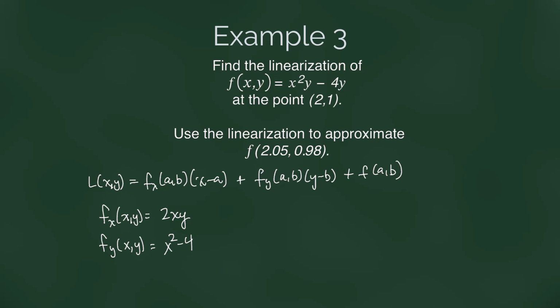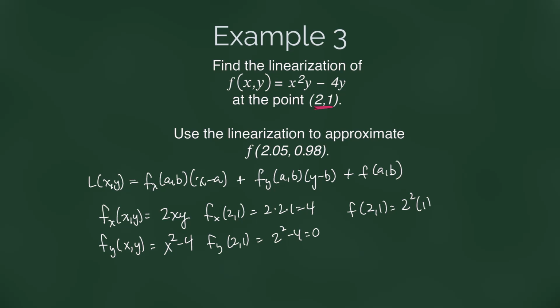And if we evaluate that at our given point, (2, 1), we're going to say f sub x of (2, 1) is 2 times 2 times 1, which is 4. And f sub y of (2, 1) is 2 squared minus 4, which is 0. And then f of (2, 1) is going to be 2 squared times 1 minus 4 times 1, which is,